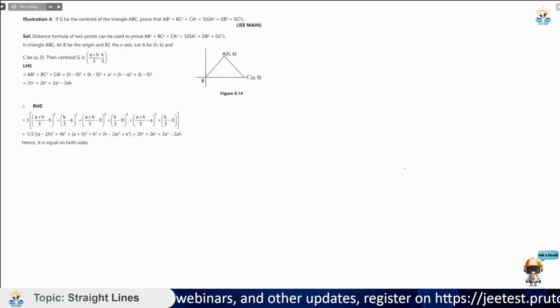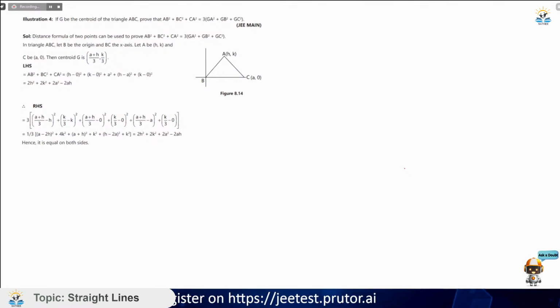Illustration: let G be the centroid of triangle ABC. Prove that AB square plus BC square plus CA square is equal to 3 times GA square plus GB square plus GC square. If we apply the distance formula, we know the centroid is what, the line